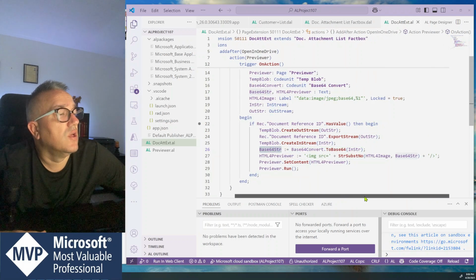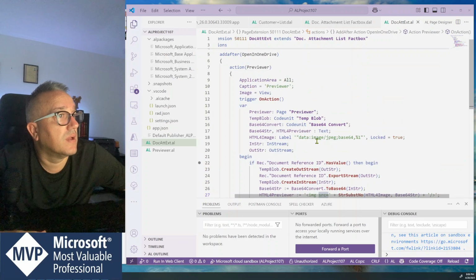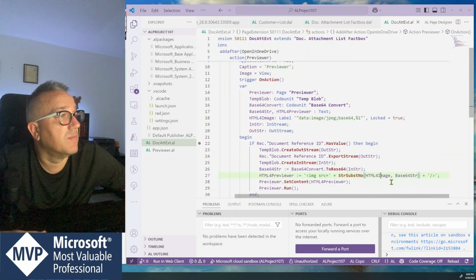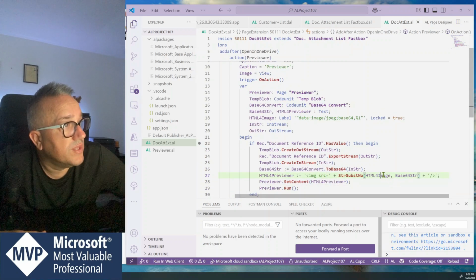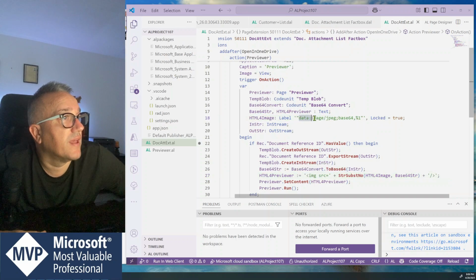Then we start an HTML code for displaying an image, image source equal to, and the variable for loading the source of the image is data image JPEG and base64,